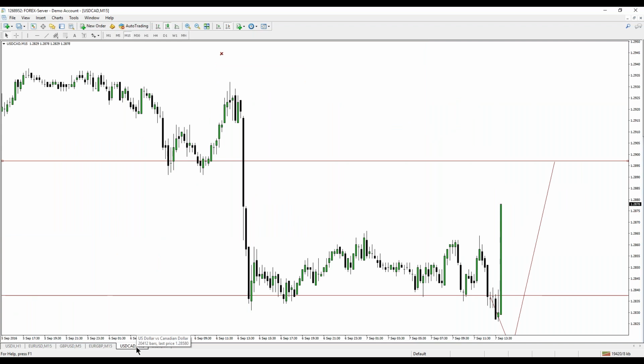Okay, there's our run up, looking for that void to fill in. Again, I could care less what the numbers are. Just looking for the reactions at around this time of day based on the economic calendar.